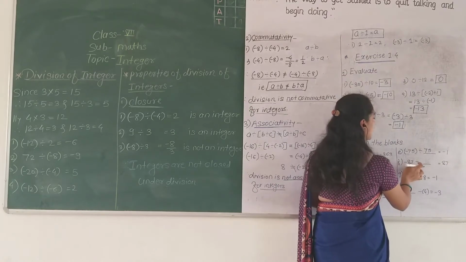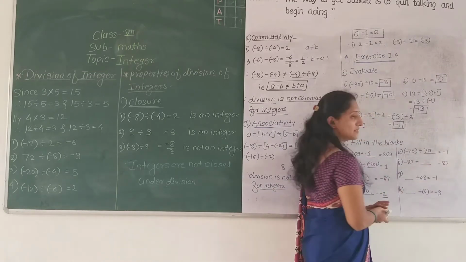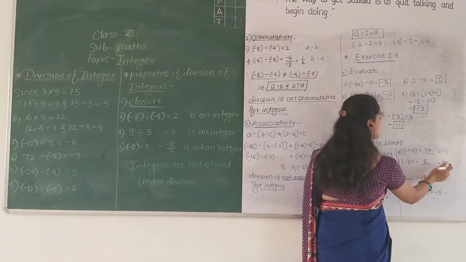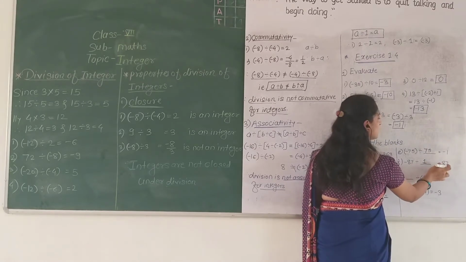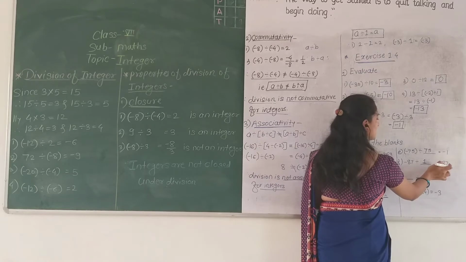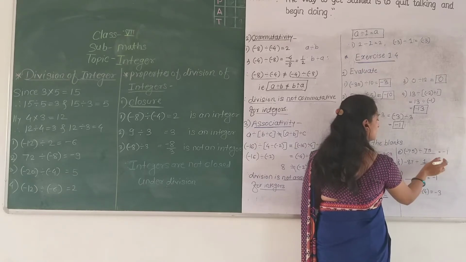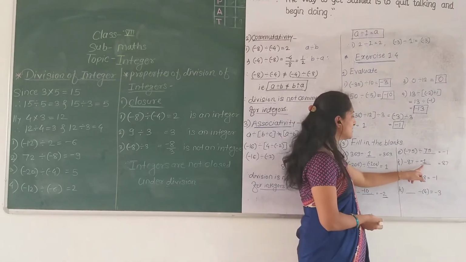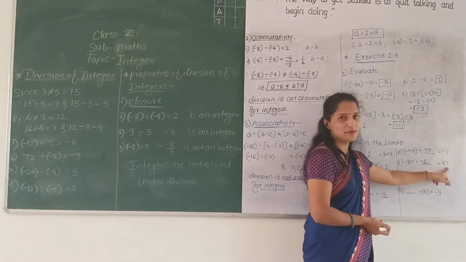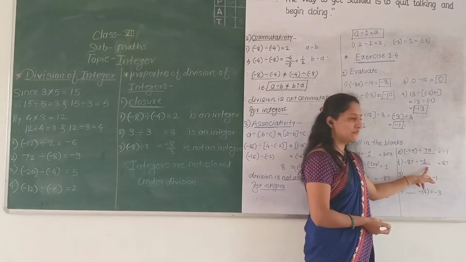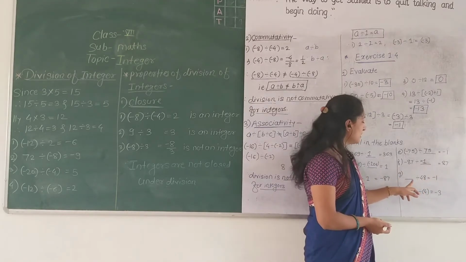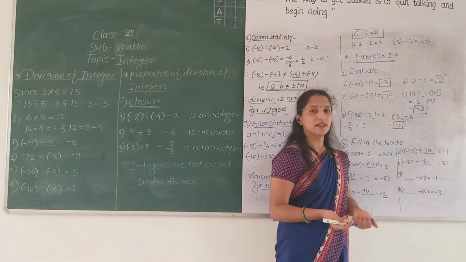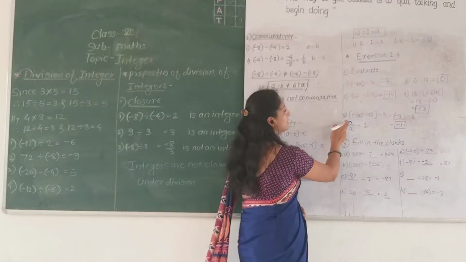Negative 87 divided by dash dash is equal to 87. Okay. So when we divide a number by 1, we get the same number. But here the quotient or answer is positive. That means both the integers are negative. When both the integers are negative, then only the quotient is positive. So here negative 1. Here dash dash divided by 48 is equal to negative 1. Now the answer is negative 1. Here when we divide the number by itself,